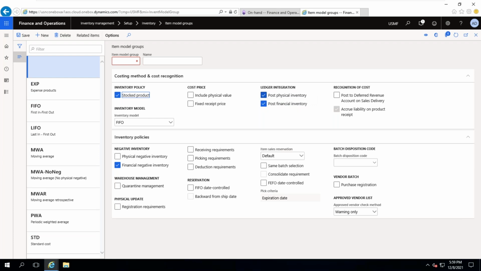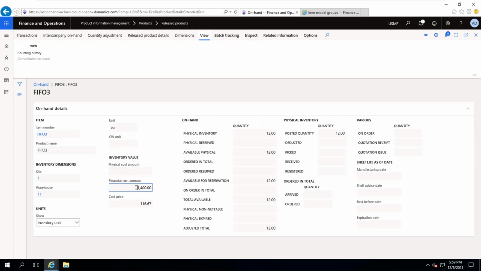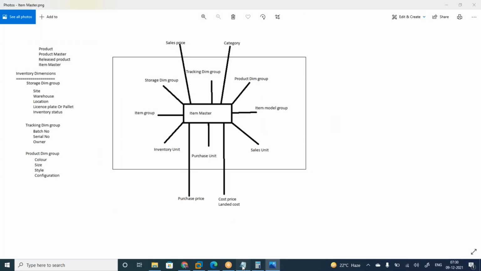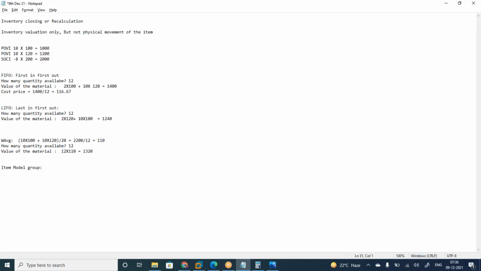On-hand inventory value should be updated. For that purpose, I need to enable this one. And for this one, physical cost amount means, if you go to this one, at the time of packing slip, if you want financial postings,